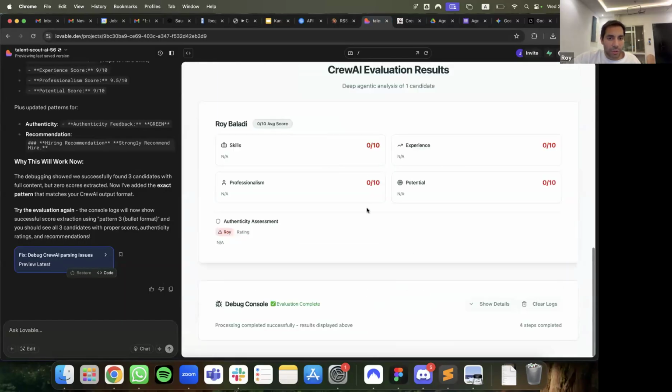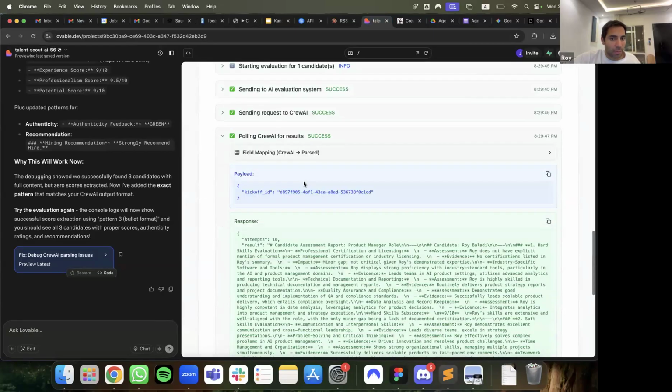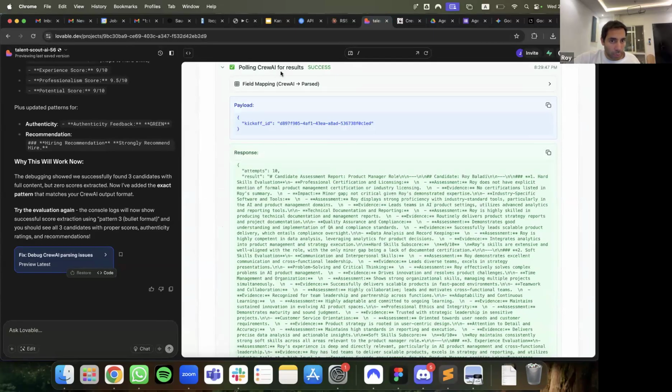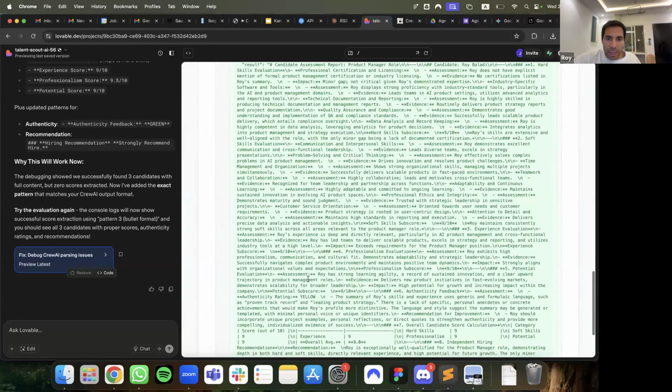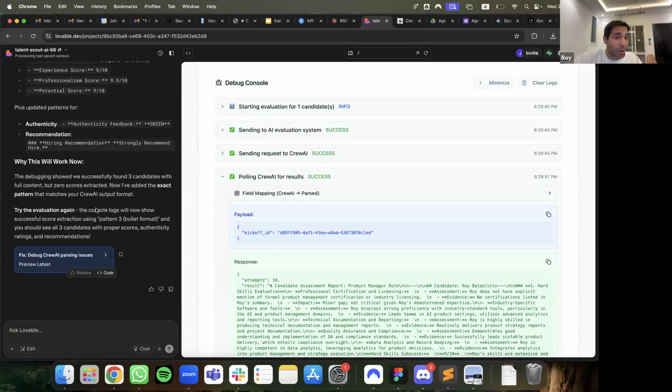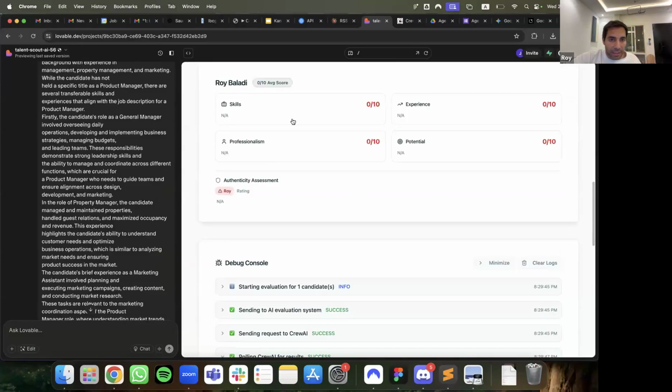I still have a bug now. It's showing me not much here in terms of output, but I've been telling it, show me a debug. Are you getting data back from Crew? And it's saying, yes, I'm getting all of this information, and this is the skills of Roy, experience and that stuff. I just need to edit, and it's all using text here. So that it can give me a summary of the best candidates for a particular job.